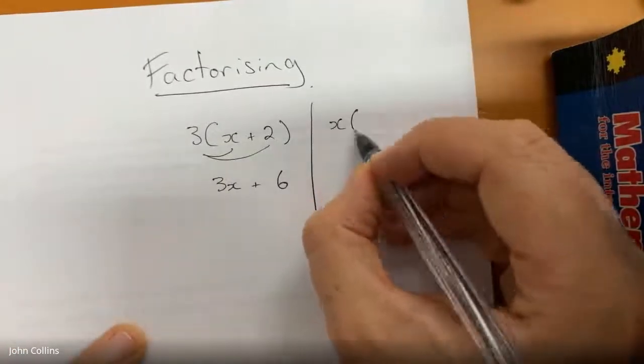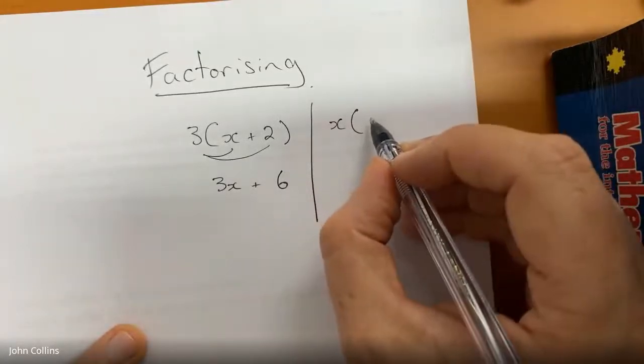What happens if I had to multiply by an x? So we had